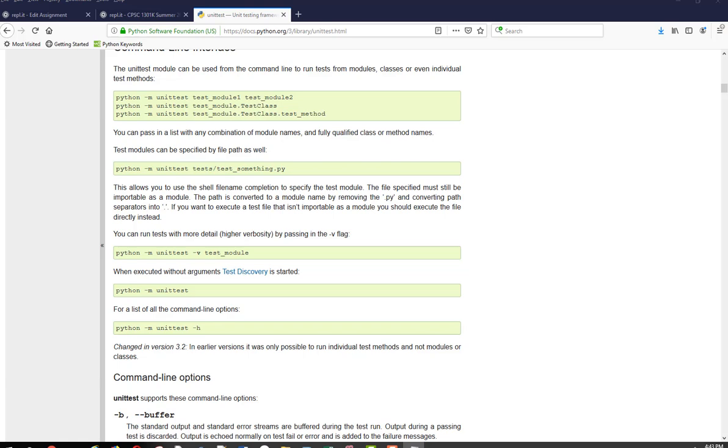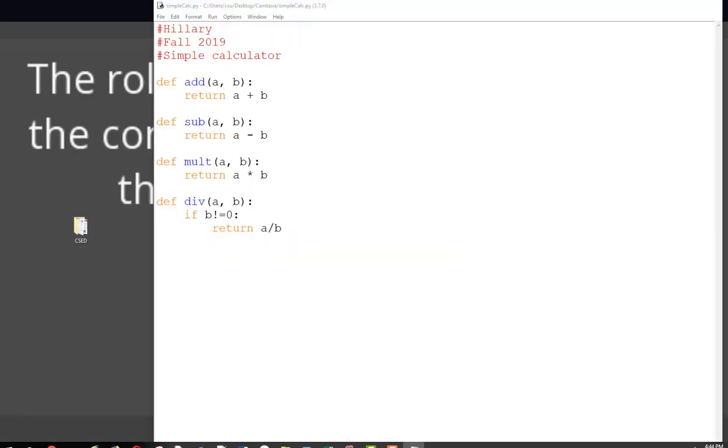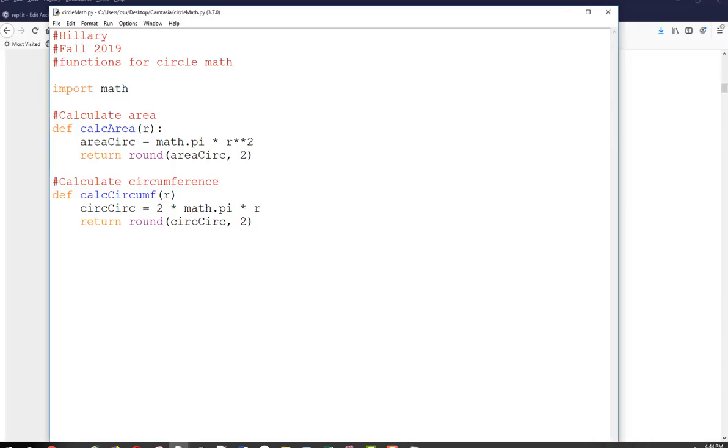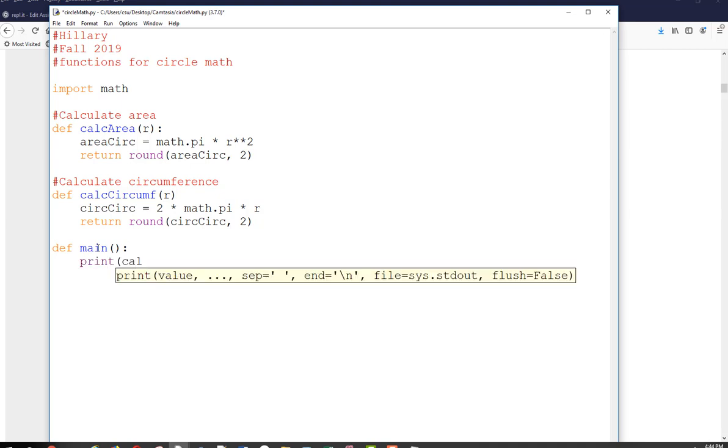So the simplest way to test your code is to just run it multiple times and see if you get the results that you expect to get. For instance, here in this code, I've got a couple of functions that calculate area and calculate circumference. And I could go ahead and write myself, I've got to define it, def main. And in here, I could do things like print the result for calc